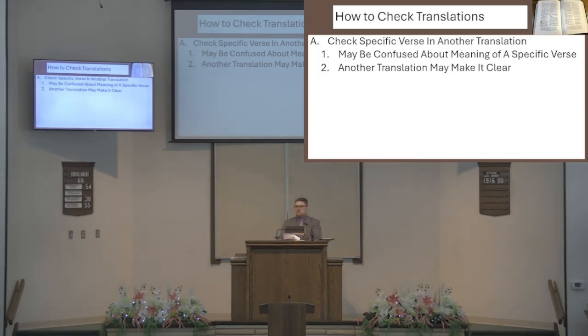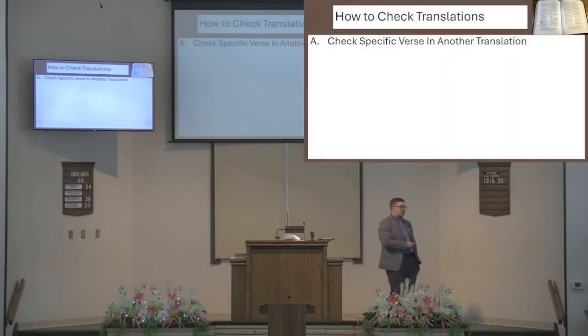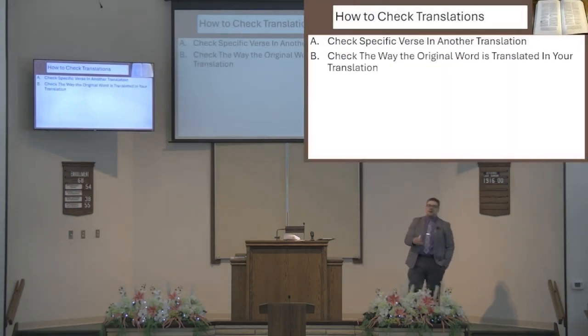And again, I'll come to some examples of that here in a minute. And then I can say, okay, that helped explain it. So that's what we'll do sometimes, we're reading a passage in our preferred translation, our main text, and then we look at another translation to help explain to us what that verse means. And maybe they translated it in a way that's clear. The second way